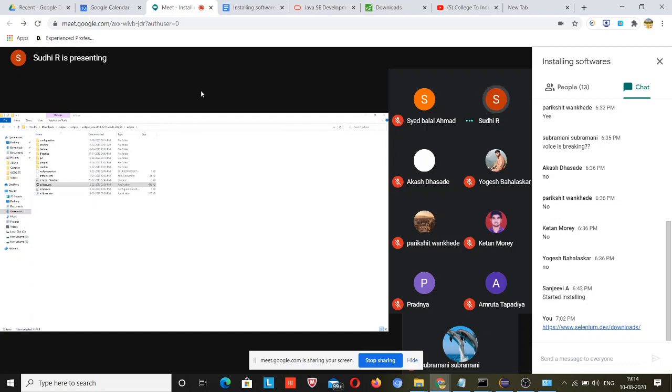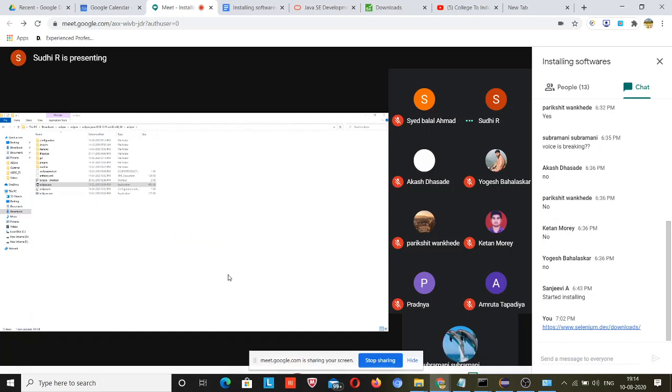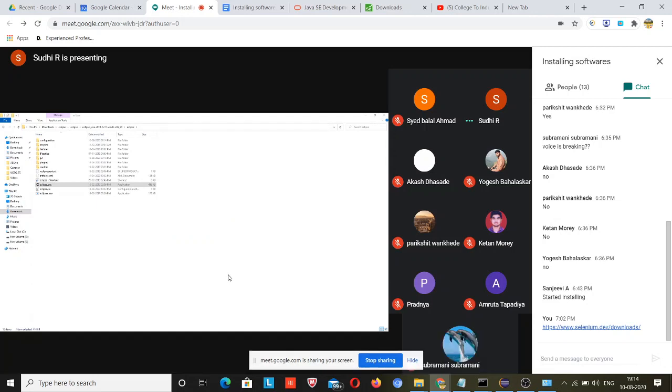Your screen is actually not showing your Eclipse IDE. Are you sharing something? Please share your whole computer screen so that when you move to the next window, I can see it also.